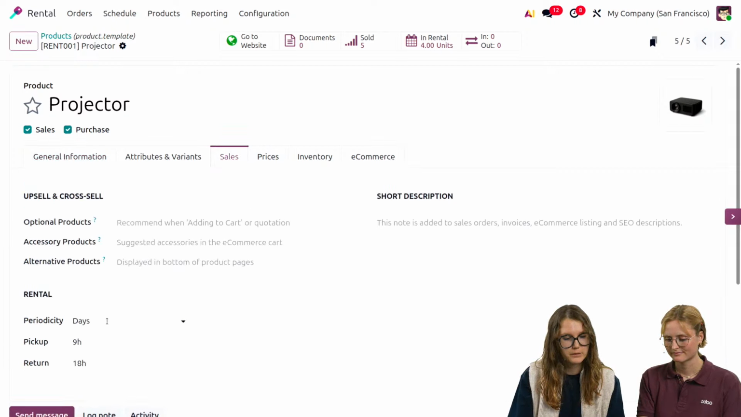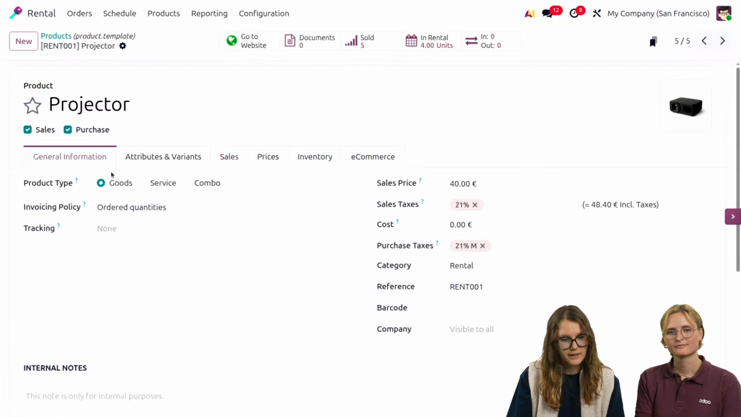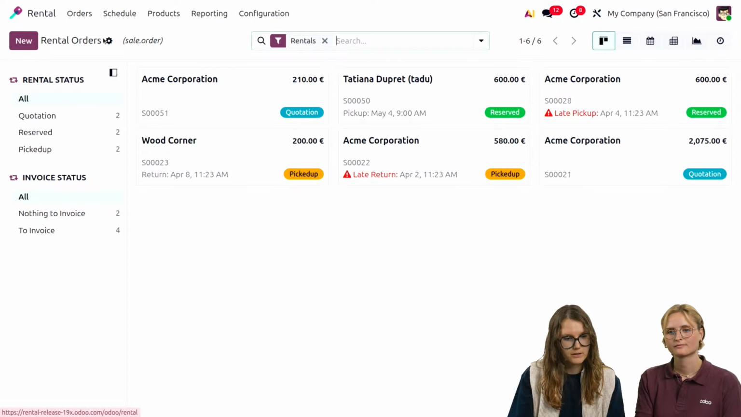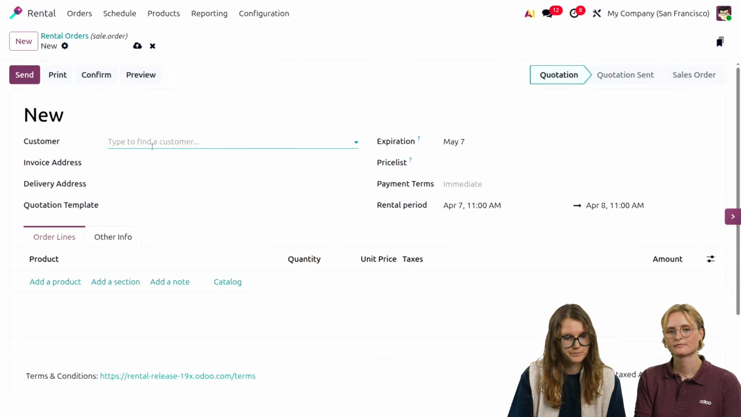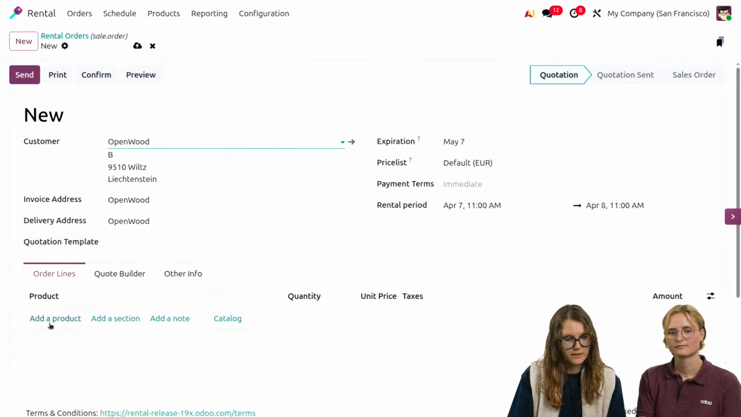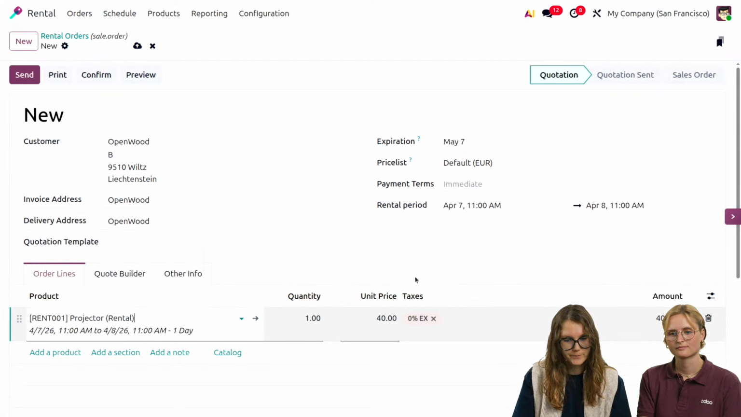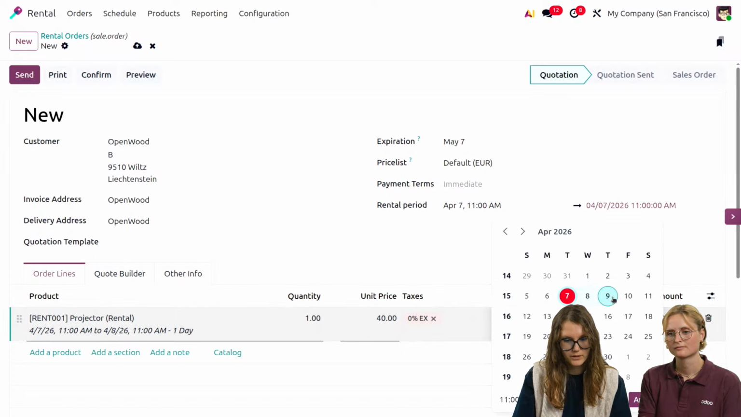we see that we have a periodicity in days, a pickup and a return, and we see that we have a sales price that is 40 euros. So this means that if I create a rental order with my projector and that I take it for 1 day, we see that here the price will be 40 euros. If we take it for 2 days,